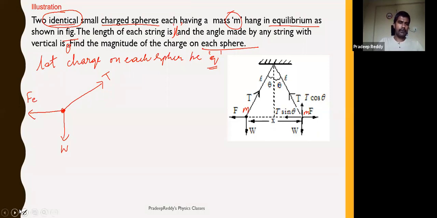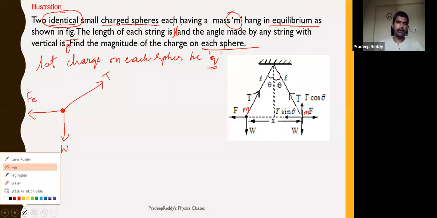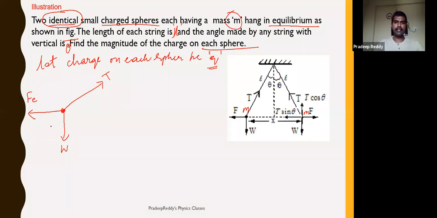Now, electrostatic force and gravitational force are in line with the x and y axes. Only tension is in the plane. You need to resolve this tension into components. I can resolve this tension into components if I take this angle as theta. If this angle becomes theta, then obviously this also will be theta. Right? So this is T cos theta, and this is T sin theta.